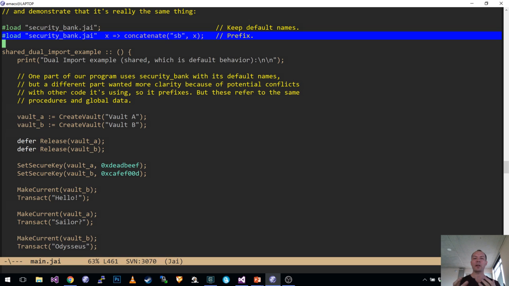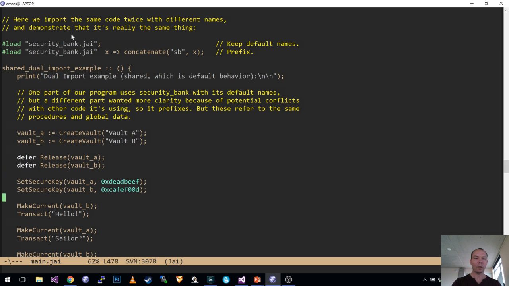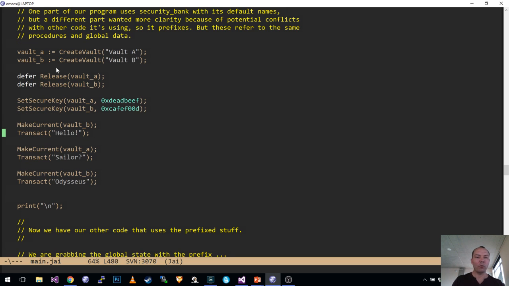But secondly, this is something that might just happen when multiple parts of your program import things. This might just organically happen, and so we're demonstrating that they refer to the same code and the same data. So here I've got 2 vaults, and I'm using them. I'm creating them unprefixed, and I'm going to release them and set the secure keys to dead beef and cafe food. And we're going to make B current and transact, and we're going to make A current and transact, and